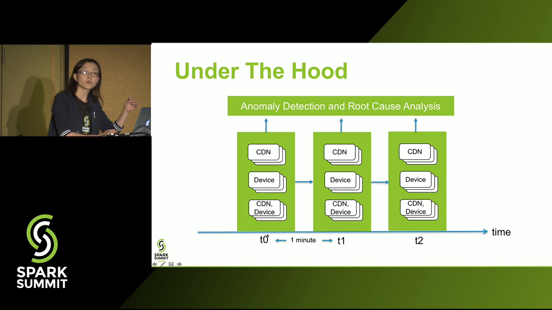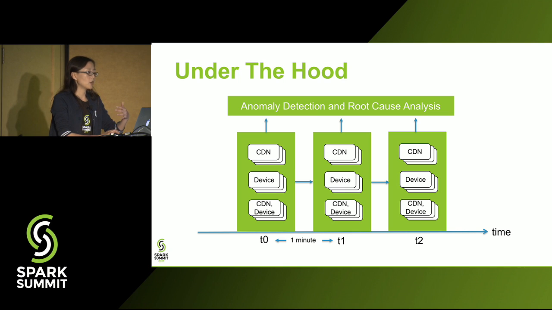Basically, the system will load all the video sessions every minute and group the sessions into different groupings. Here, a grouping just corresponds to an entity along the streaming pipeline. For example, we can have a CDN grouping, which consists of multiple groups of sessions per CDN. We can have a device grouping, where one group just represents a set of sessions using the same device. And also we can have combinations of those groupings, here the CDN and device combination.